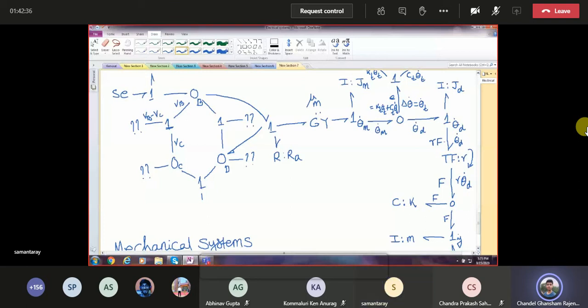Yes, sir. But these arrows are confusing. Like it says that theta is given as input to the torque, but theta is also affecting the torque in the reverse direction. Yes, it will affect. When you give theta, depending on theta, that spring force will be generated. We are talking about a dynamic problem. It doesn't directly come.